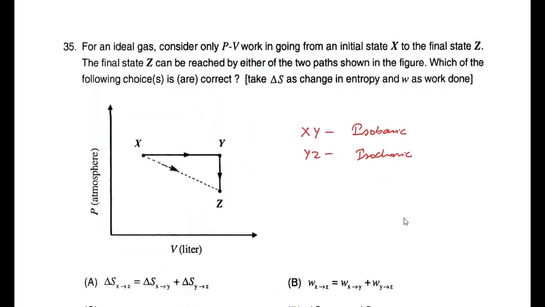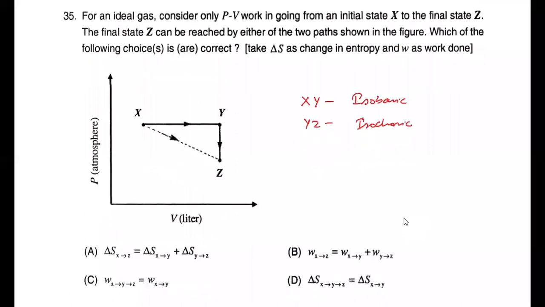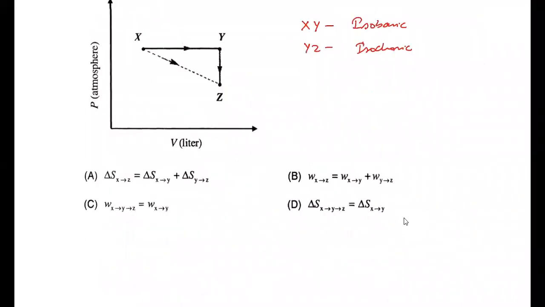So that is simply correct. If you check the entropy change of X to Z, then it is the sum of X to Y and Y to Z, because the initial and final states are the same in both cases. That is X to Z. So whether we count it directly X to Z or along another path, it will be the same, because change in entropy is a state function. Due to state function, whatever path we follow, the value won't change. So in the first case, this is a state function.